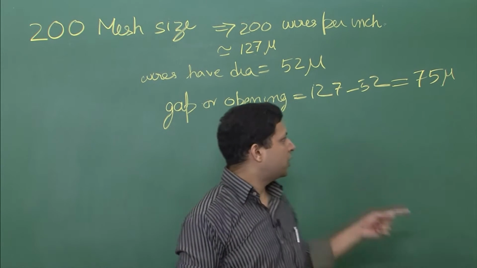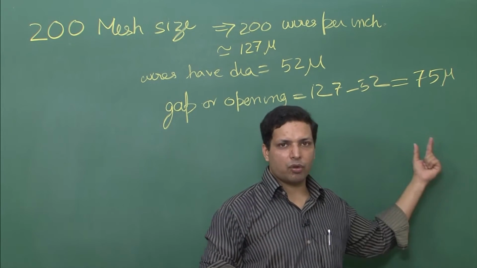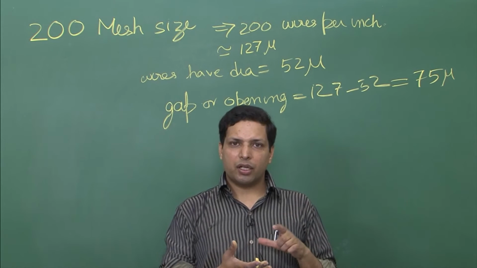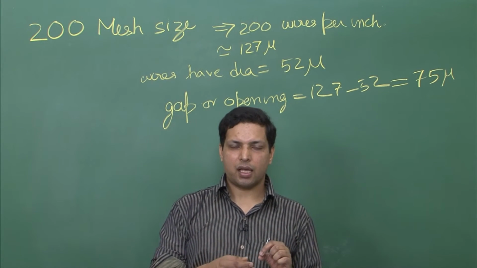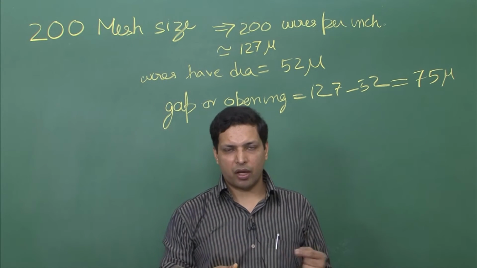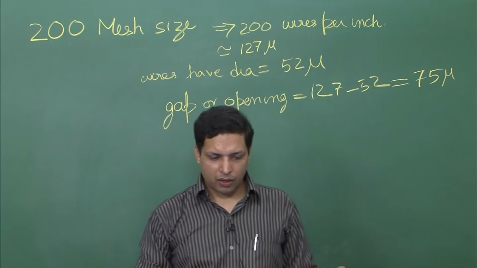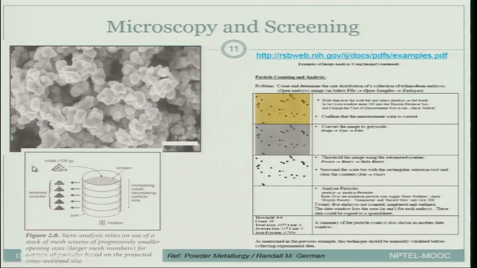And then you can increase the mesh size. So, over there the gap would be smaller, let us say 50 micron. So, in that particular sieve you will have 75 to 50 micron particle size, and particle size less than 50 micron will go to the bottom sieve. So, that is the way to characterize the powder. Now, you will have a full histogram for each of these sieves. So, each will represent one histogram bar.